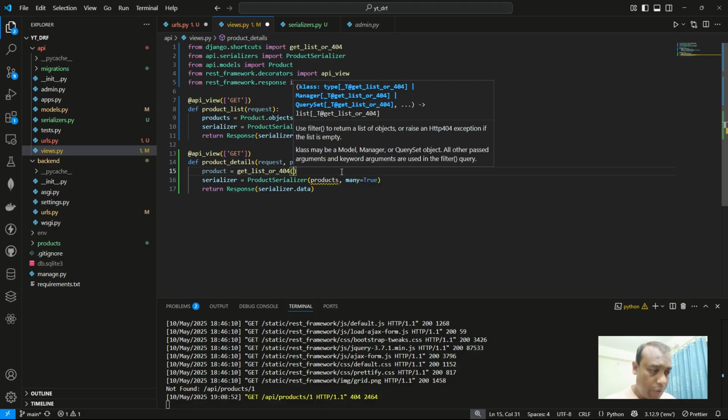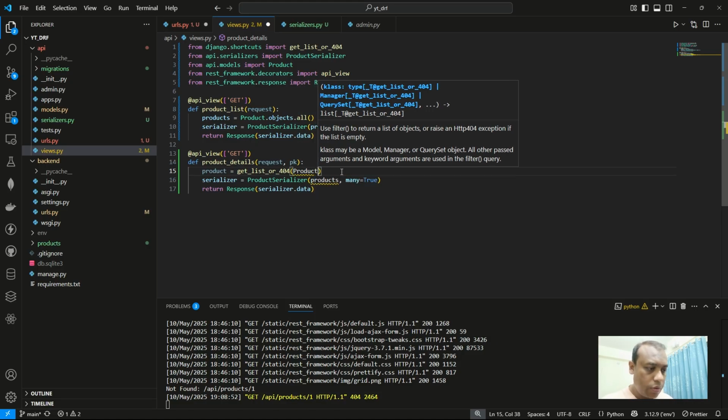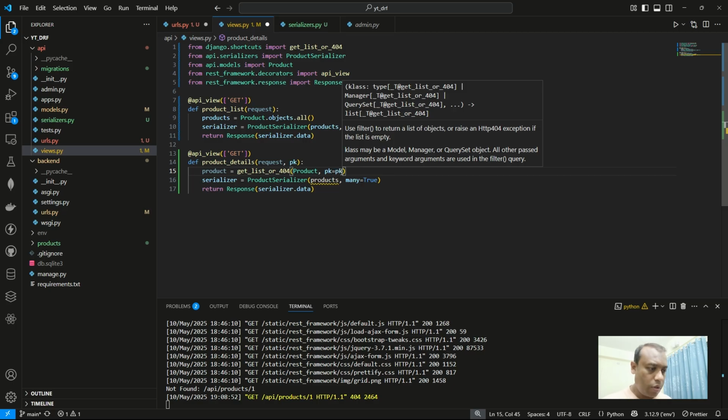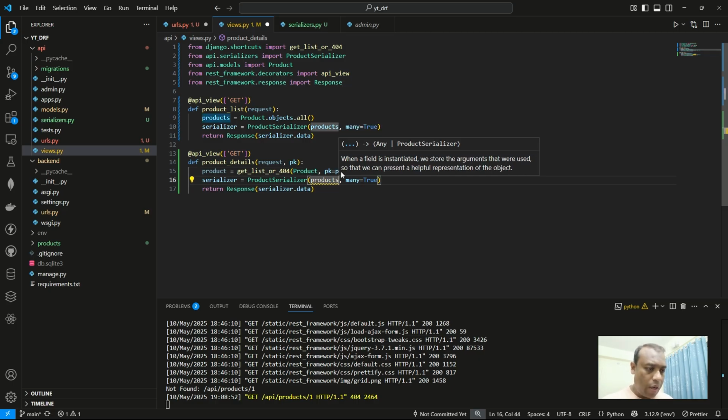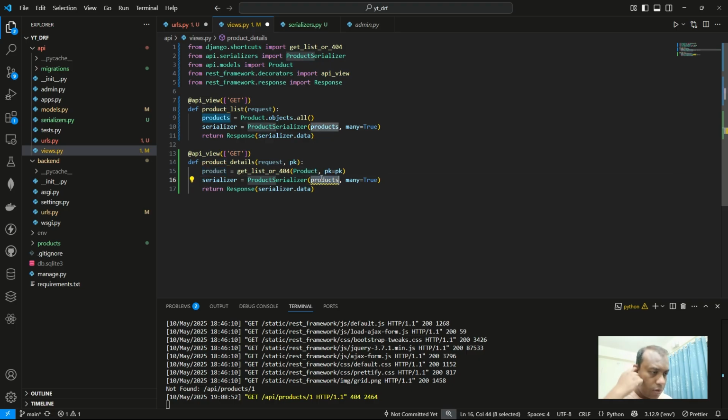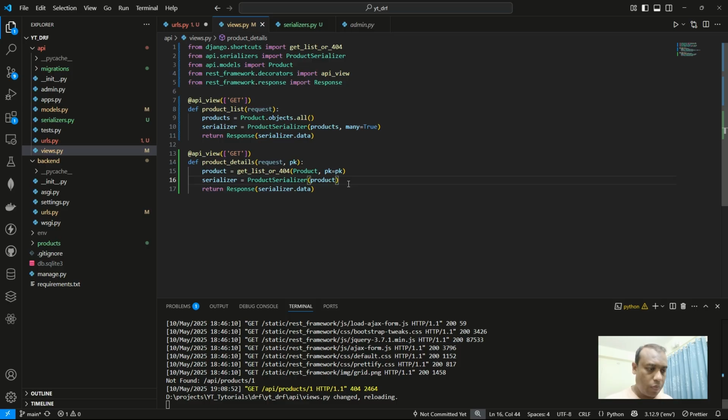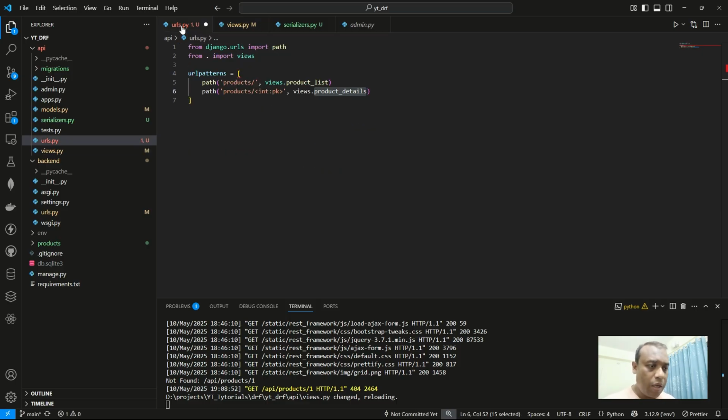So pass the Product model, and look up for the primary key: pk is equal to pk. And in the serializer, I'm going to pass this product, and since it is a single object, you don't need to maintain many equal to true. Okay, now save this file,